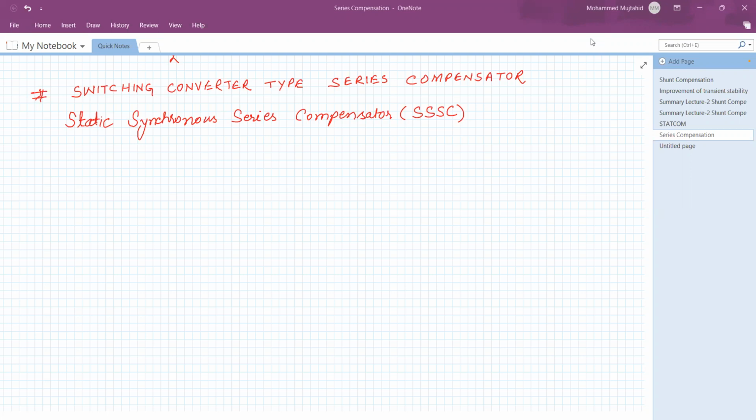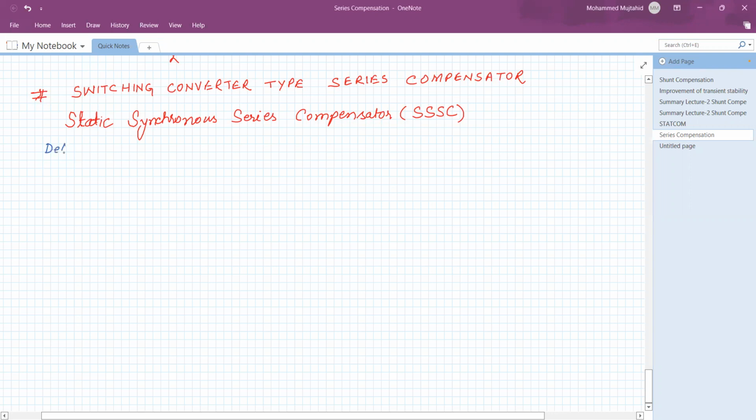Now the second subcategory to obtain variable voltage or control over the series compensation is the switching converter type series compensator. In it there is one method called the static synchronous series compensator, SSC. SSC is a series reactive compensation as per the definition of